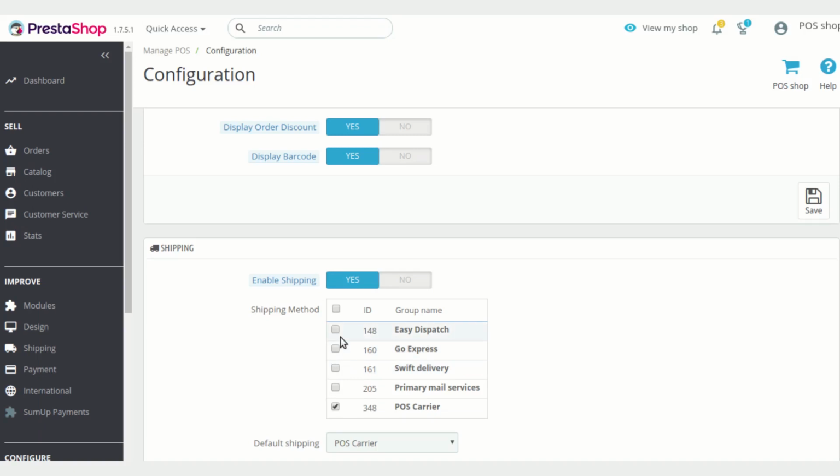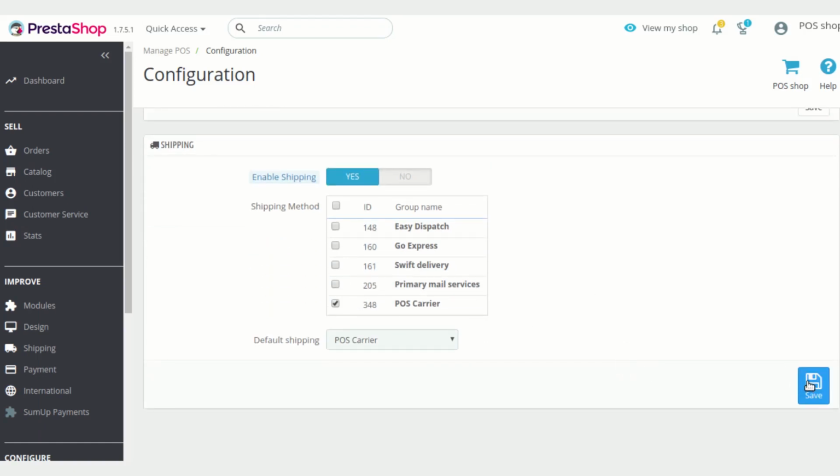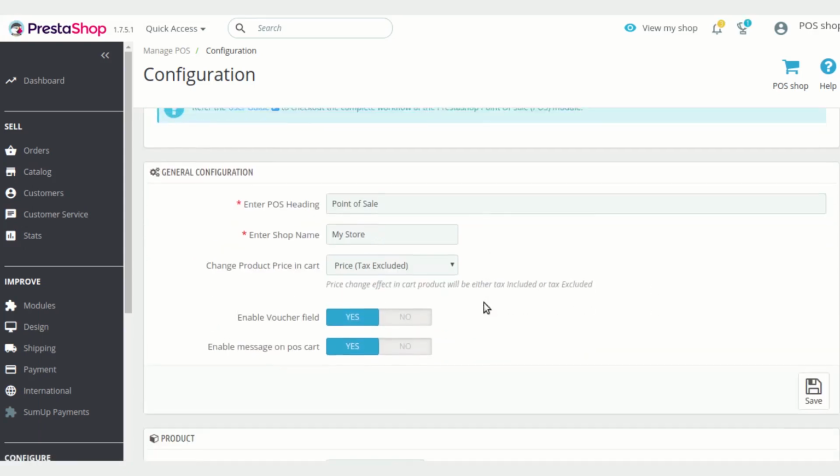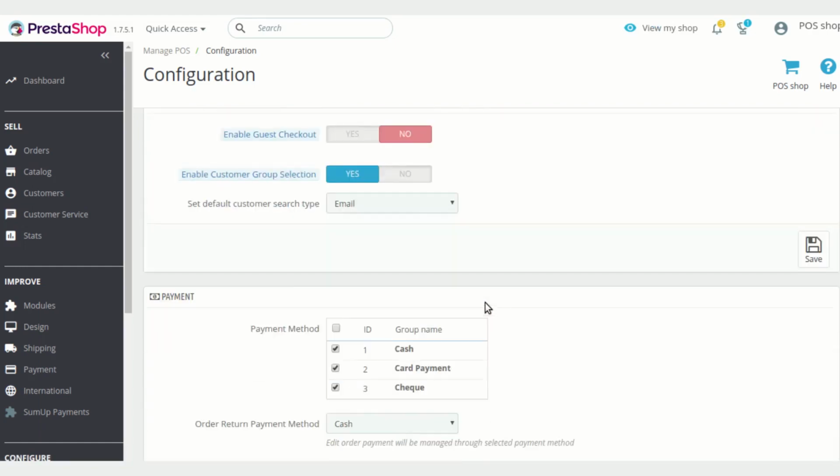Whatever shipping method you choose here, they will be available at the POS end to an employee while he or she tries to process the order of a customer. Let's just quickly save these details. So this was all about the configuration part of the POS.